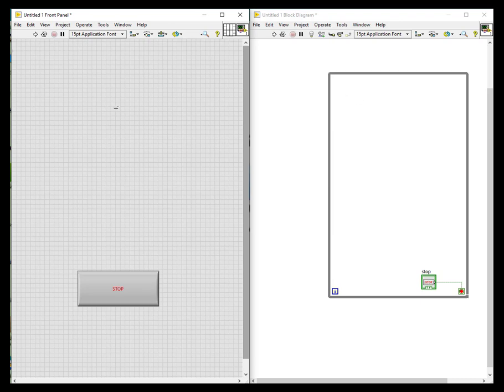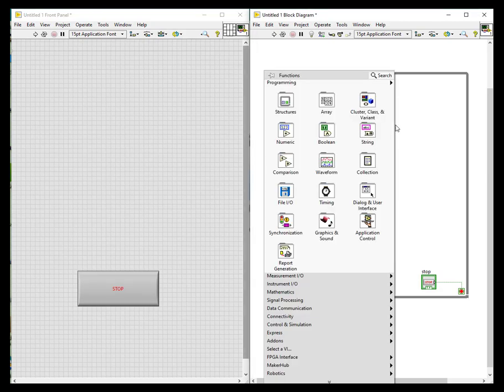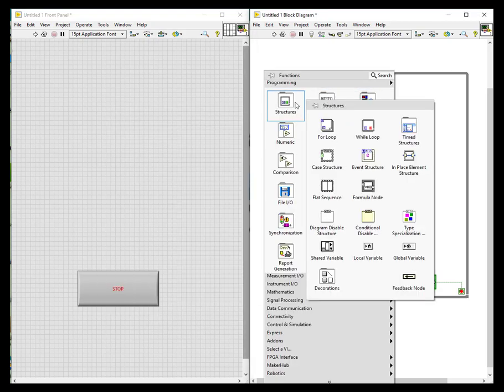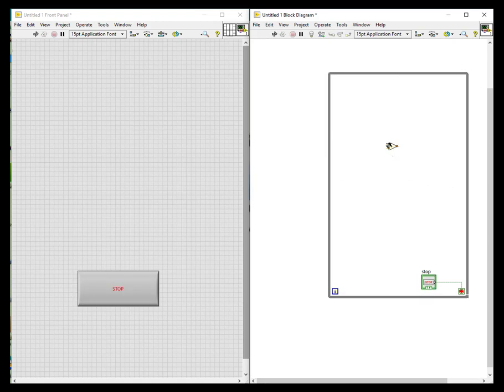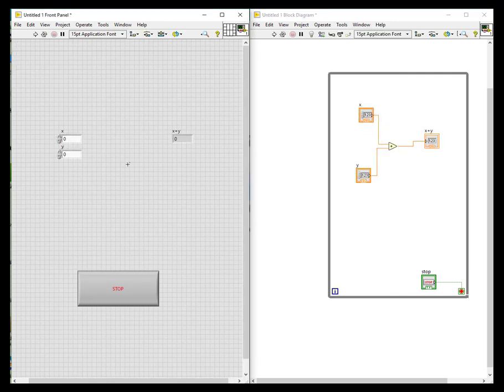And what inputs can we give into this? You can give any VI, whatever you have built in my previous videos. Then what is the specialty here? Let me show you what we can do with this. I take a numeric add and give some inputs to it: a control, another control, and an indicator. So this is input 1, this is input 2, and this is the output.